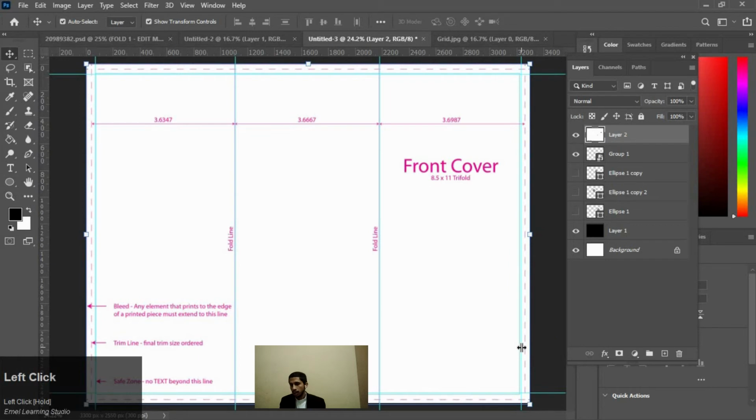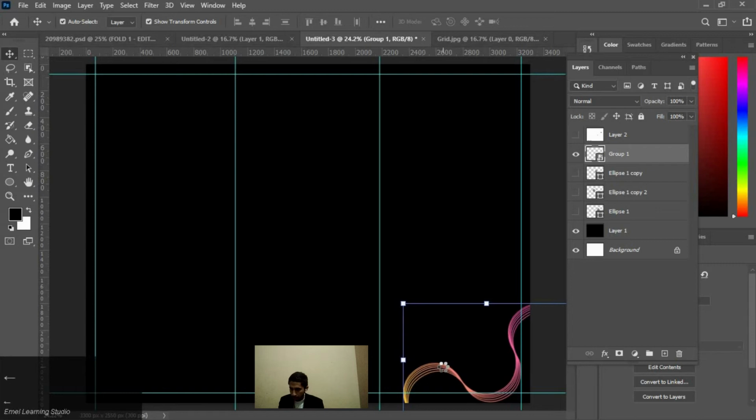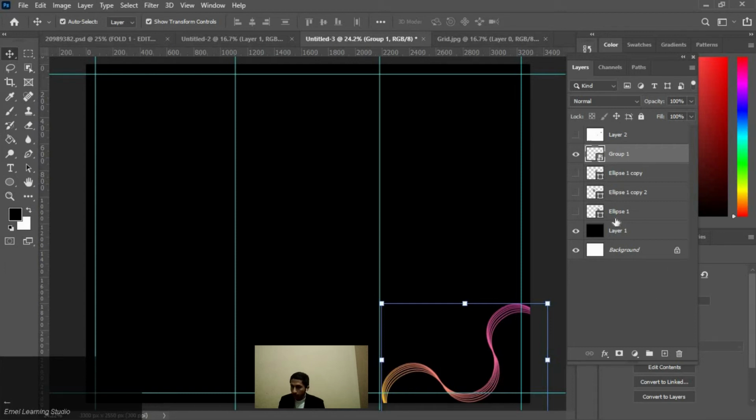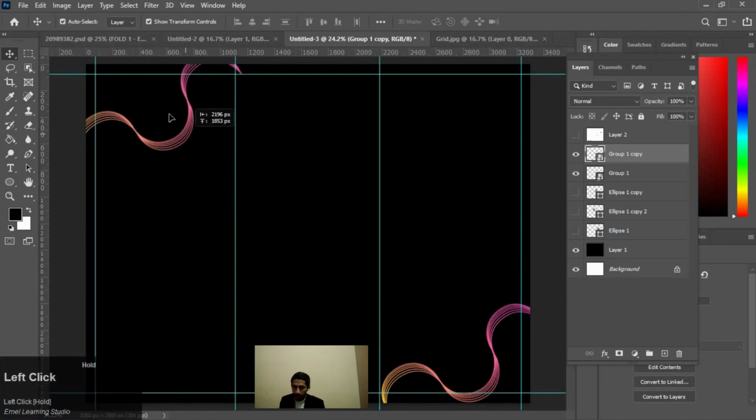Okay, now you can hide this layer. Okay, now adjust these properly. This is the benefit, we can design the brochure with proper alignments. Okay. Now press Ctrl J and take a copy and place one copy here.